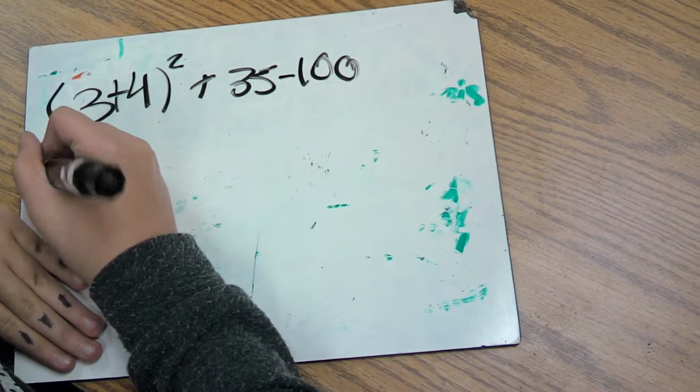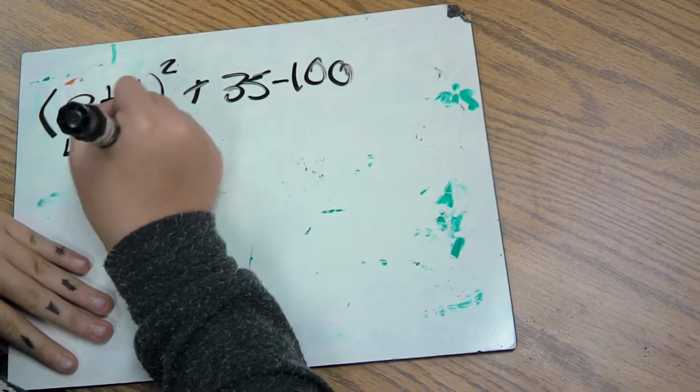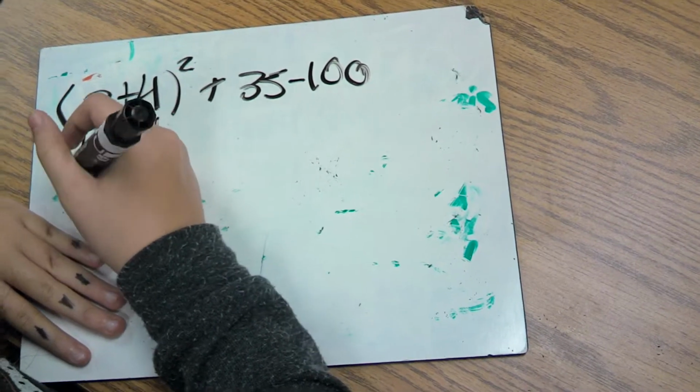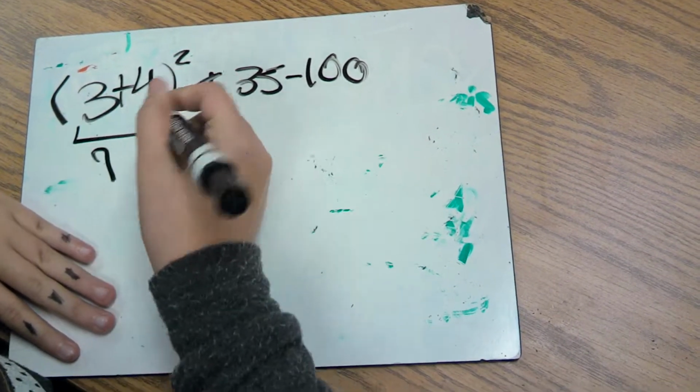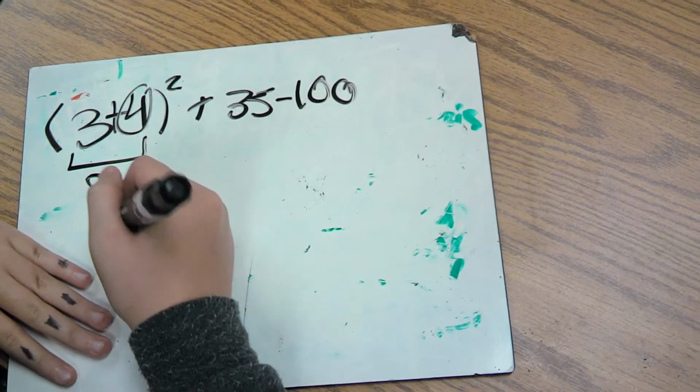So first we do 3 plus 4, which is 7. Then we take the 4,